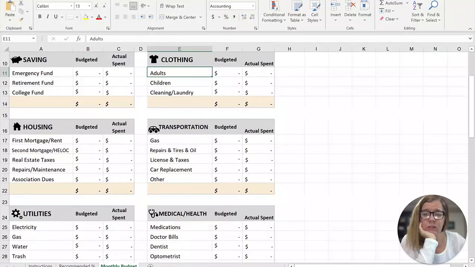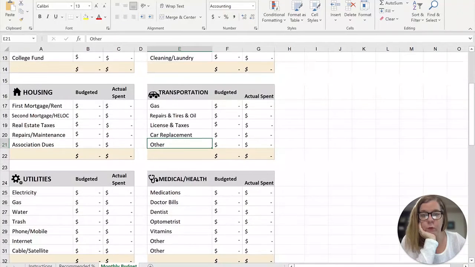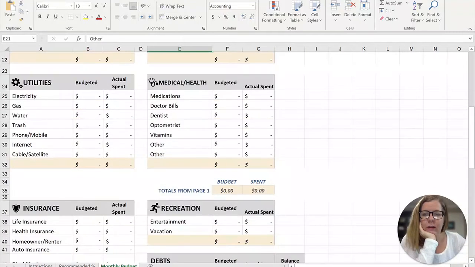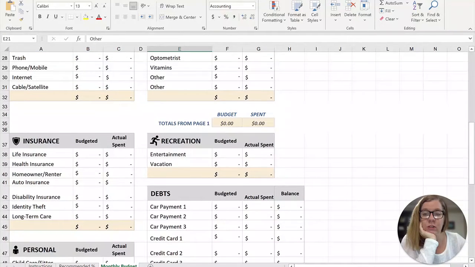Transportation costs: if you don't own a car, if you're in a city with public transport, you would probably want to add something like bus fare or train fare, maybe parking, maybe Ubers and Lyfts, whatever your form of transportation is. Utilities. I would also make sure you include streaming services here. People often forget that. Medical and health-related costs, different types of insurance,